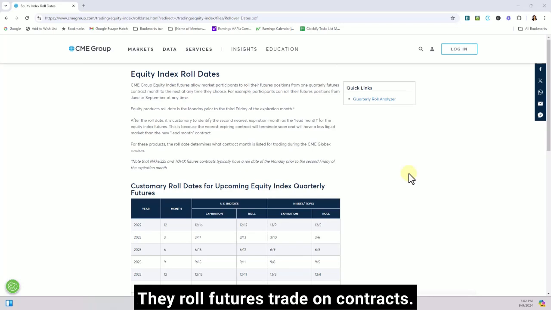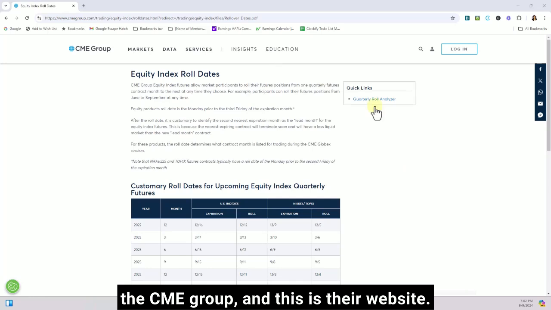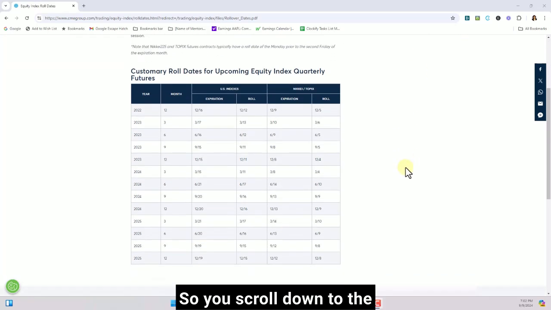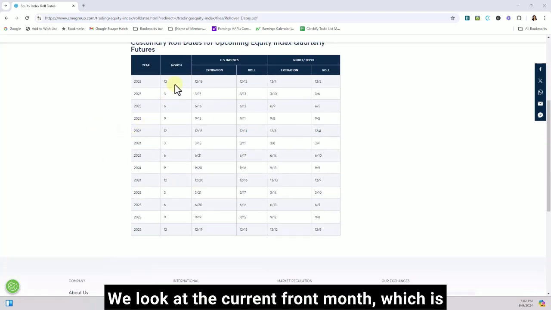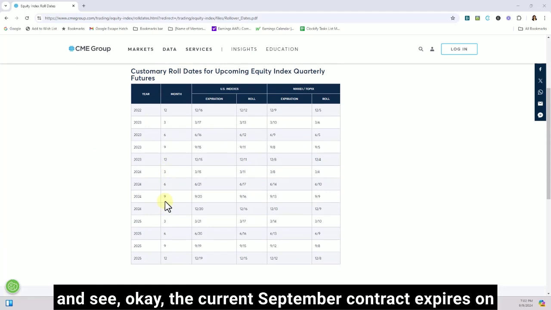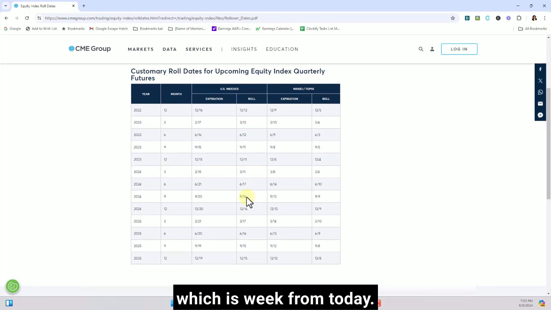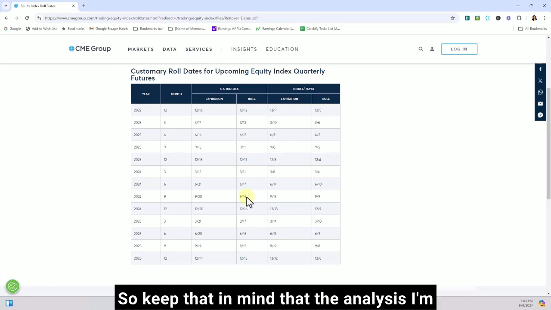Futures trade on contracts. In the case of index futures, they change every 3 months. So you've got to look at the calendar for the exchange that puts those contracts out. The YM futures is put out by the CME Group, and this is their website. Scroll down to the current year, in our case 2024. We look at the current front month, which is September, or 9, and we see the current September contract expires on September 20th, but it rolls on September 16th, which is a week from today. So keep that in mind, that the analysis I'm about to do here on